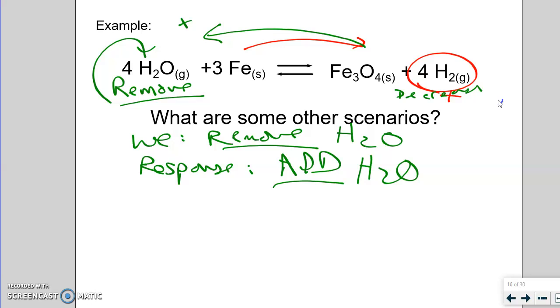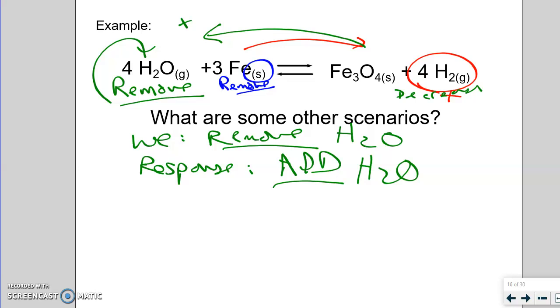Now, one last example of this before we go on is, let's talk about removing some iron. You got to be careful with this one because assuming that there is some iron still in there, when we remove the iron, you would guess that the iron is going to increase because we removed it. But the problem with that is that we have this little solid. You got to be careful of things that are solids and liquids in these gaseous equilibria